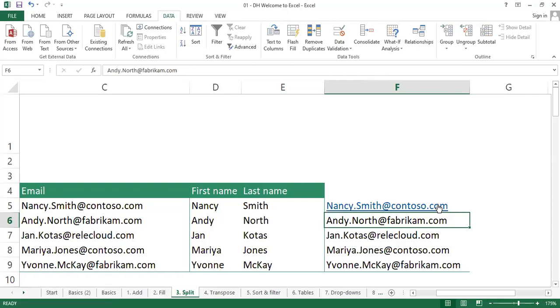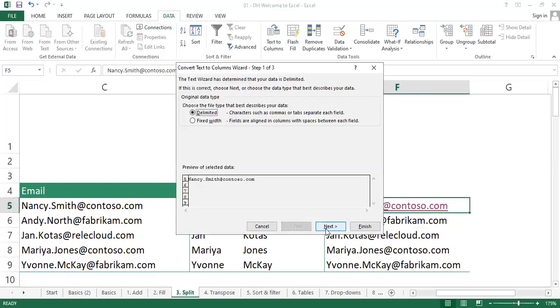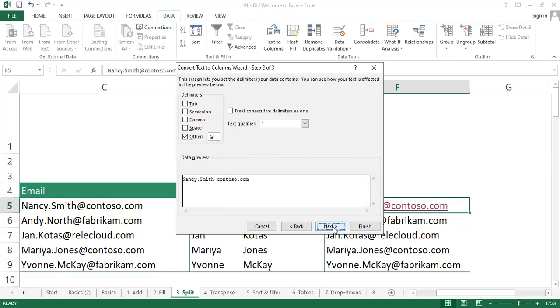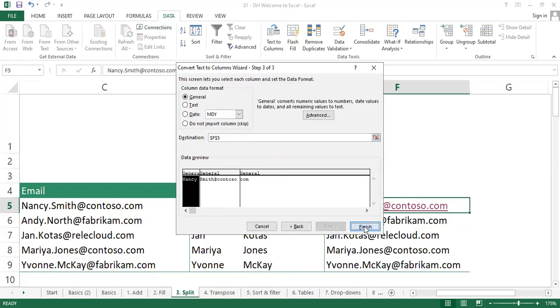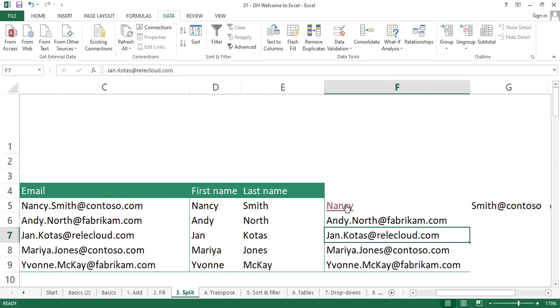So I guess it's appearing like this. This is what you mean, right? Yes, it's appearing as a link. So if this is what you mean, when you separate it, let's separate this now. Next. Finish. So if this is what is